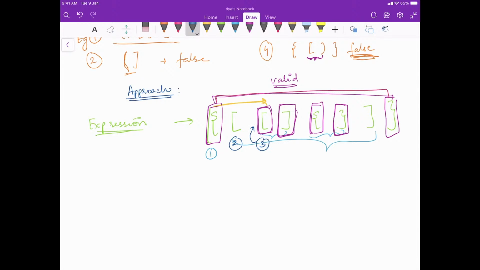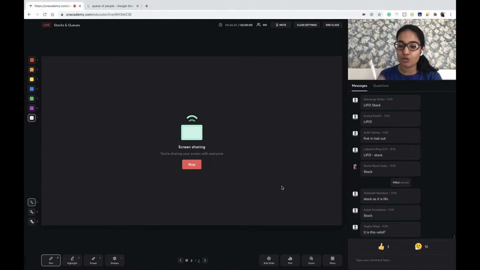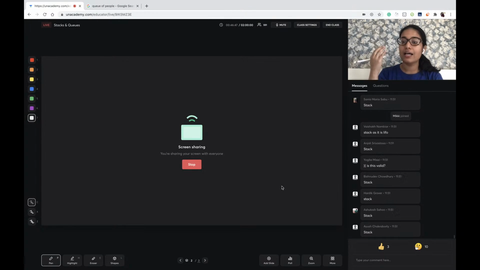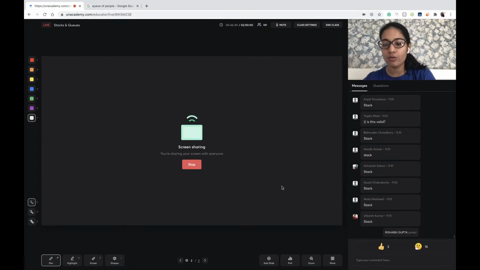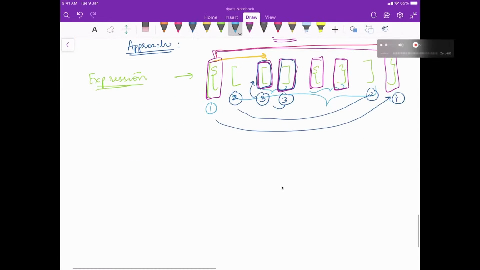So the one which is coming at the later stages is getting closed first. Then in the later stage you close one, and then you close the second, and then you close the first. That is the visualization of a last in first out kind of a data structure. This kind of an expression is not going to be valid.